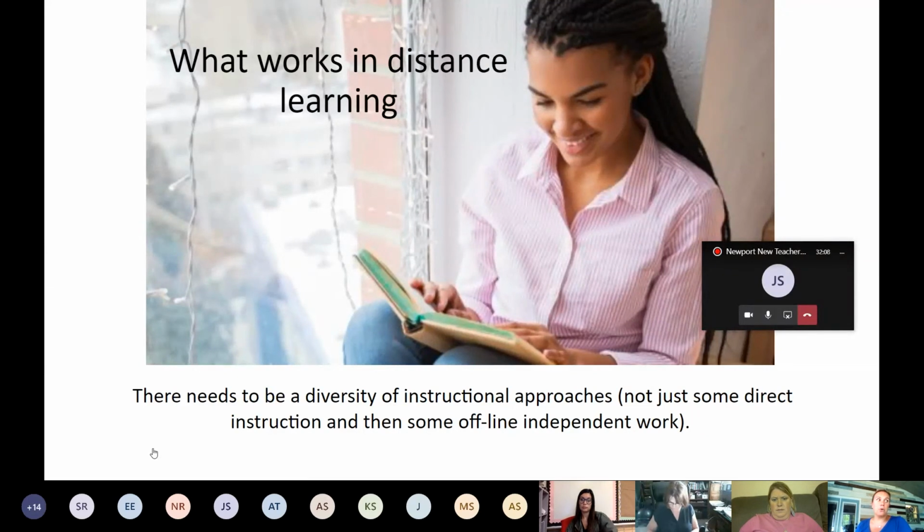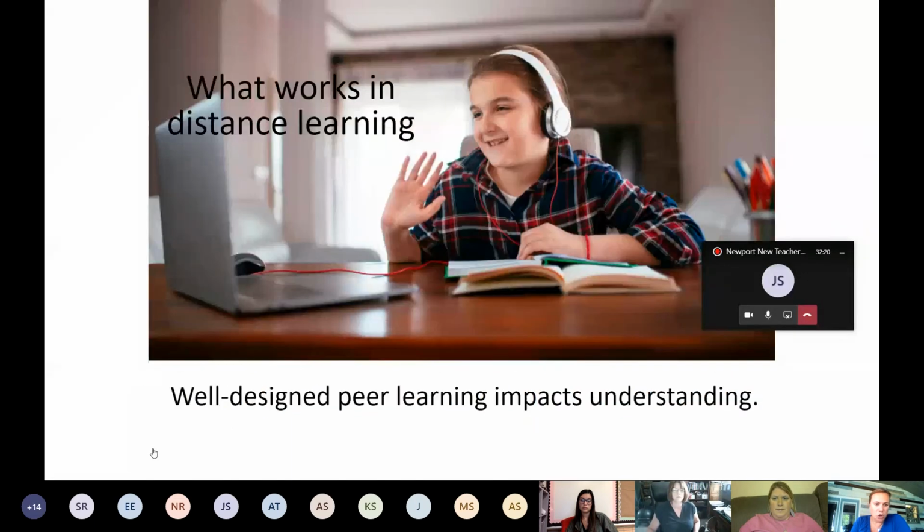We're going to use different platforms, different tools. So we want to make sure that we are thinking outside the box and also cutting ourselves some slack, because we're not going to be experts on everything, and it's okay for us to make mistakes just like it is for our students.